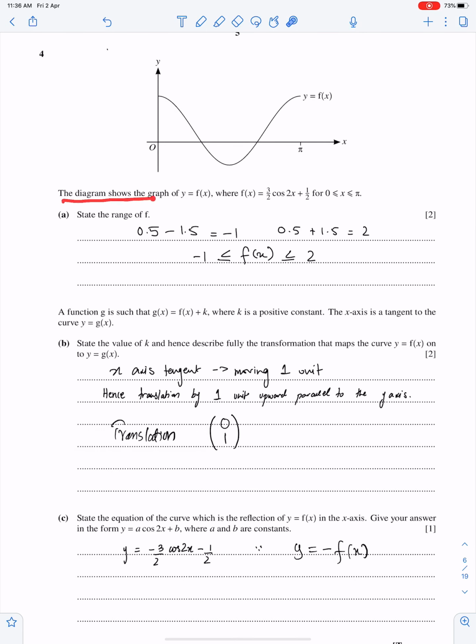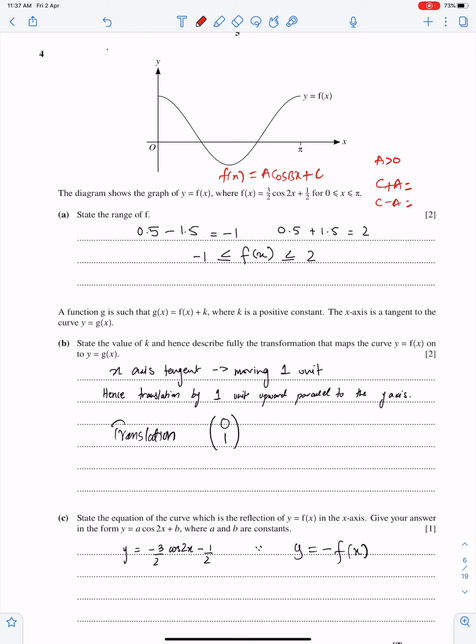The diagram shows the graph y is equal to f of x, and f of x is this. State the range of f. We find the range of a trigonometric linear function in this way. We compare this with this standard equation. And then we write, since a is positive, therefore c plus a is the maximum value and c minus a